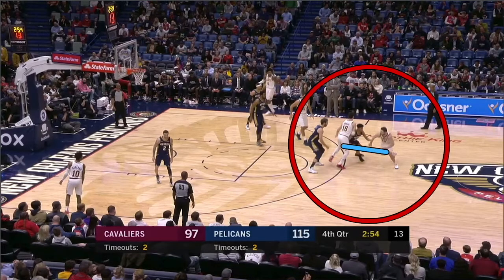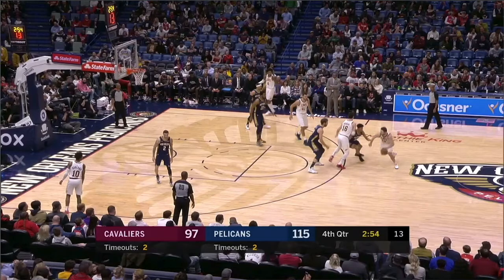The Pelicans are in drop coverage here. So they're going to drop the big, who's going to have to drop towards the basketball until this defender fights over the top. Matthew Dellavedova has got to be coming much tighter off of this screener. He should be basically rubbing shoulders with this screener, because then it's going to become much more difficult for this player for New Orleans to fight over the top. And the more difficult it is to fight over the top, the more this big has to drop towards the basketball, opening up this player popping to the three-point line.